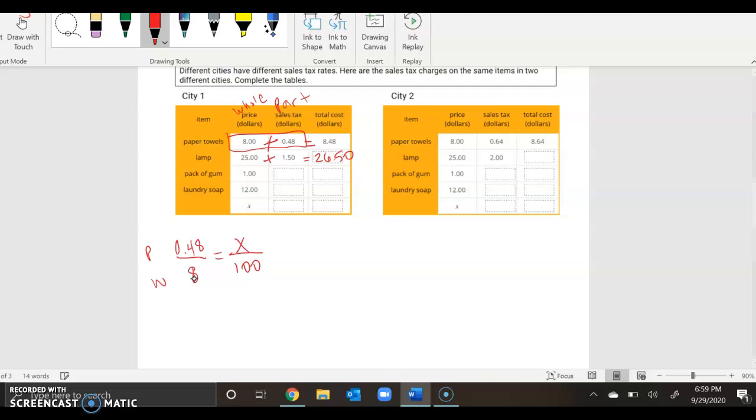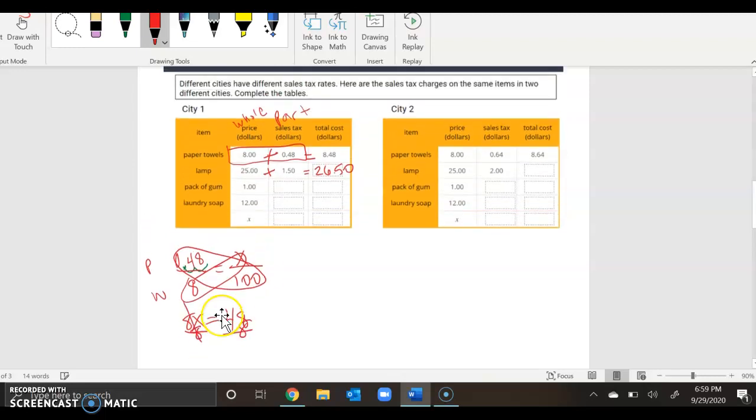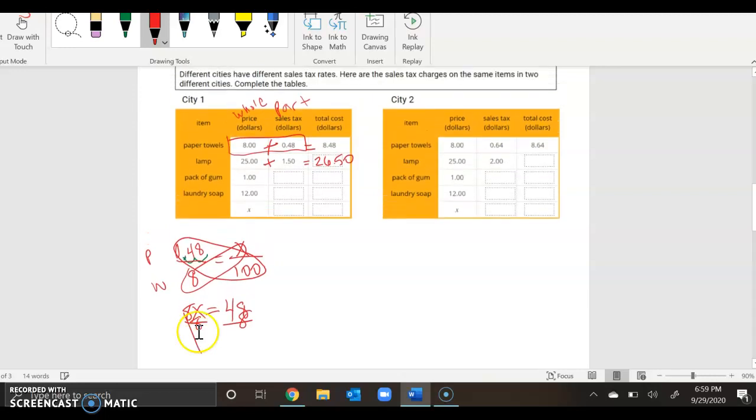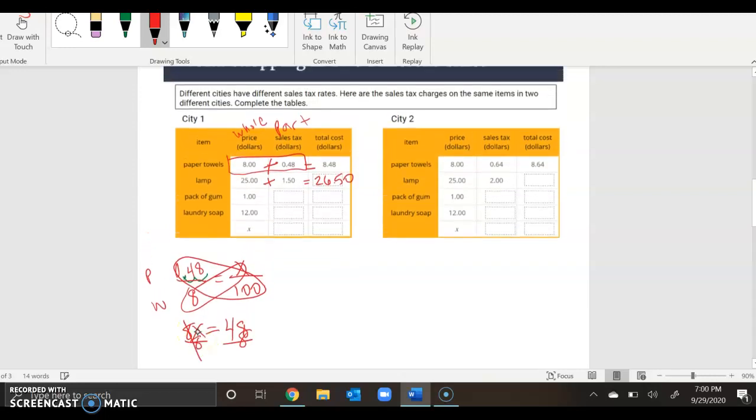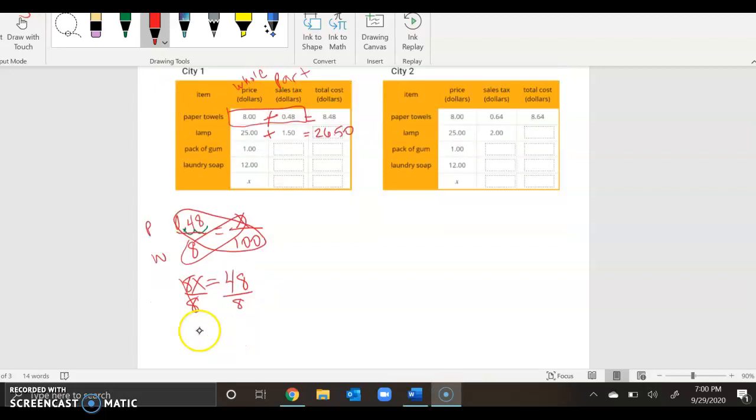So now we're going to use that information and cross multiply 8 times X. I'm going to multiply 48 cents times 100, but remember, I'm just going to take my decimal 2 places to the right because I'm multiplying, so that's going to be 48. To get X by itself, we need to divide both sides by 8. And 48 divided by 8 is 6. So this is going to be a 6% tax rate